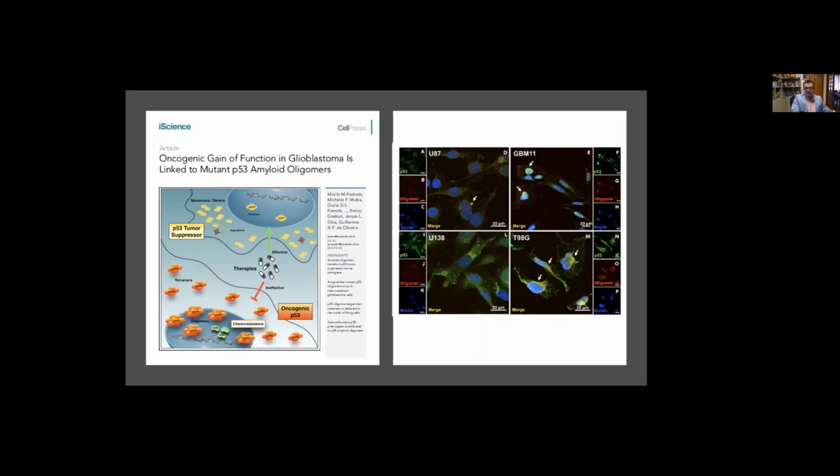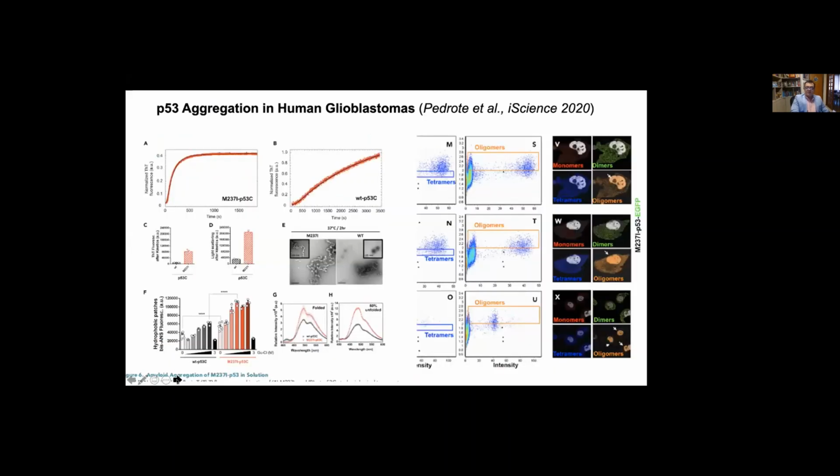It makes the cells resistant to chemical treatment, for example to temozolomide, TMZ. So we're trying to correlate not only the loss of function or the dominant-negative effect, but also an oncogenic gain of function, and that was our